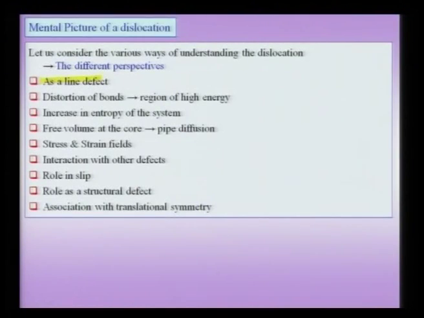There are many facets to understanding a dislocation, and there are very many ways we need to understand a dislocation, but the composite picture which we need to develop, putting together these individual pieces or these individual collage items, is what we have to carry at all points when we try to understand the dislocation. We need to understand obviously that it is a line defect. We need to understand that it locally causes a distortion of bonds and it results in a state of high energy for the crystal. It also leads to an increase in entropy of the system, because now there is a